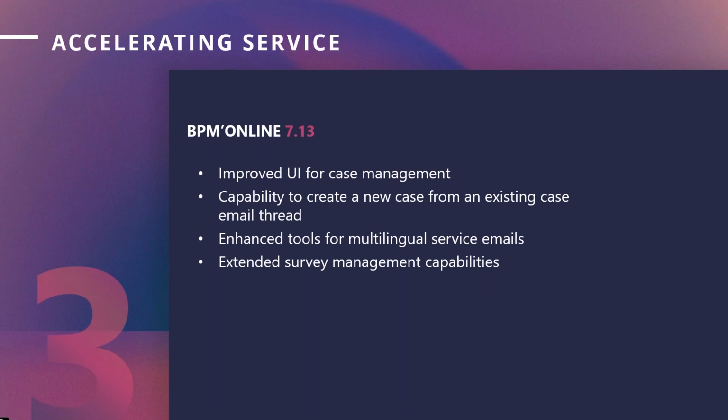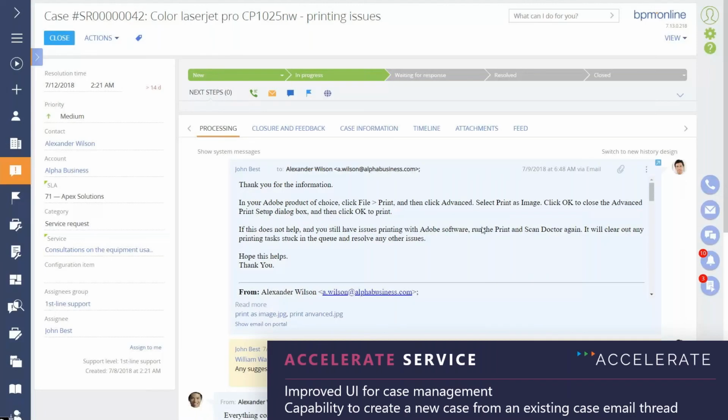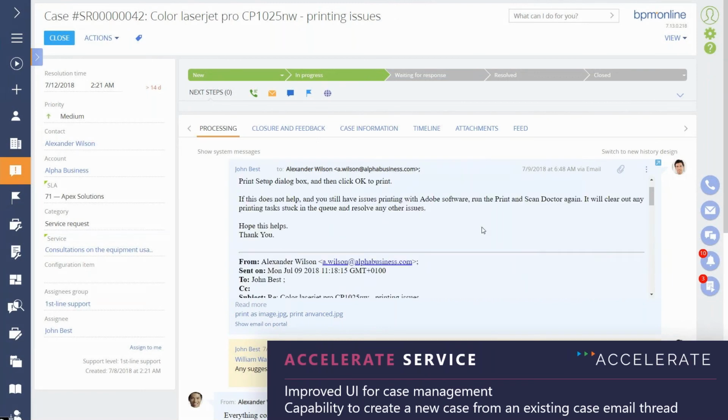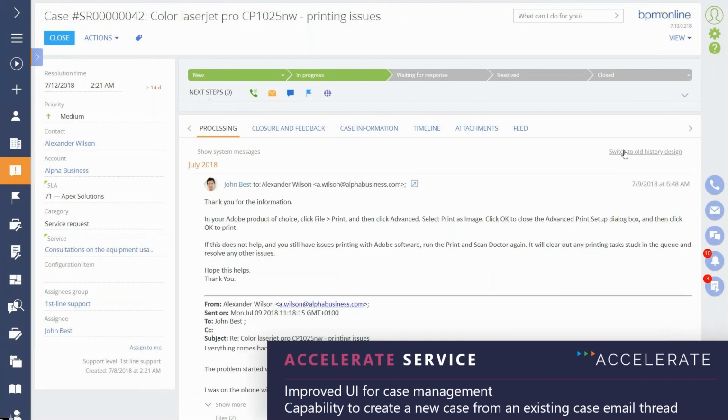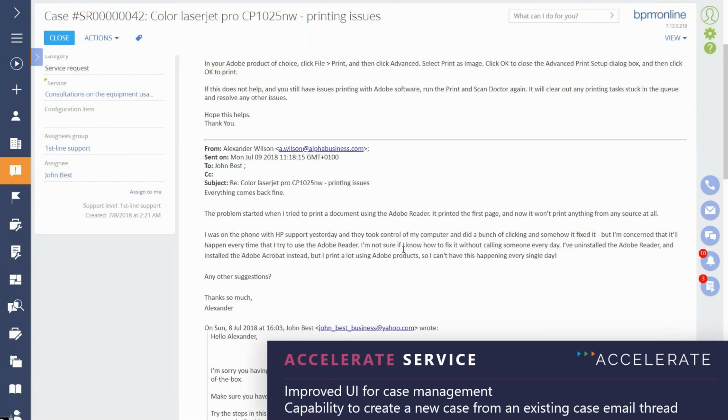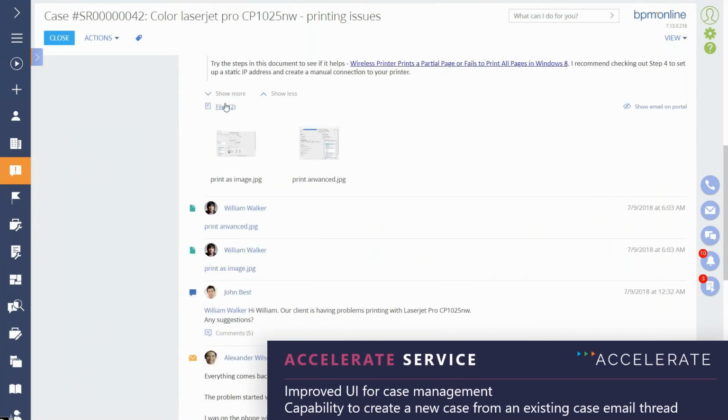All right, so moving along, we are now going to check out the new updates we've made to bpm'online service. So Andy, I think this is your section here. Are there any updates to, let's say, the case management capabilities in bpm'online? There are, Eric, and I think where personalization was a key area in marketing that we were trying to help address a little bit more, what we're trying to address more in this particular